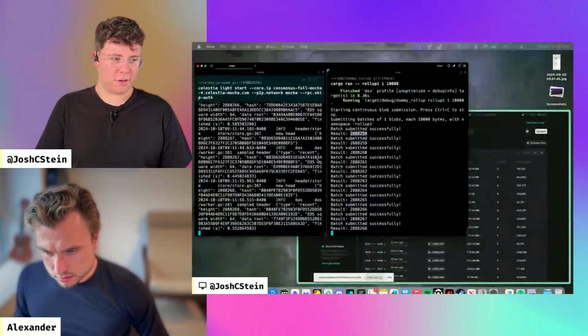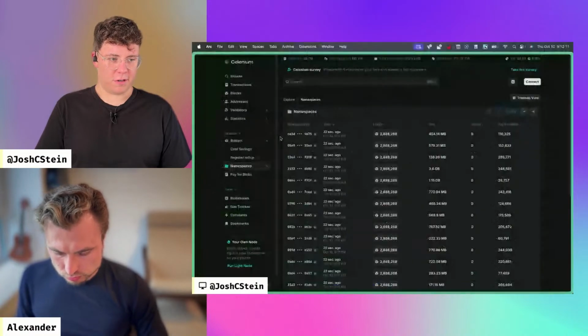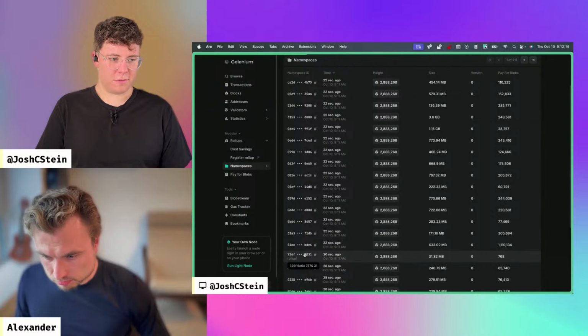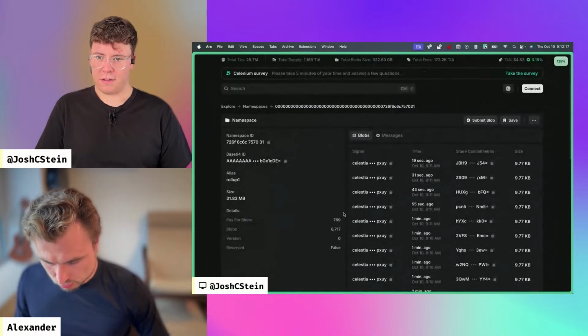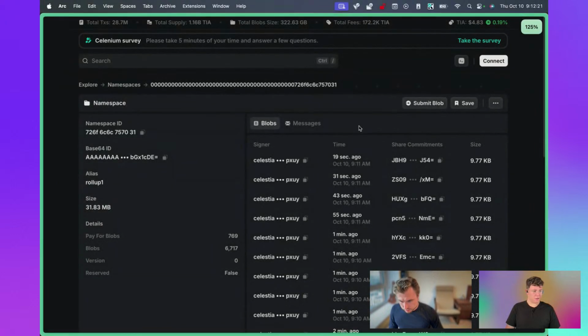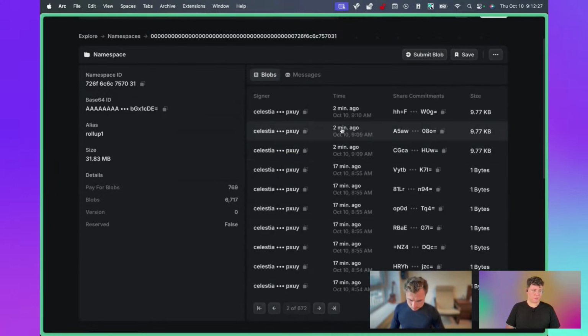While I'm at it, I'm going to go ahead and check that we're still submitting blobs, which we are, and I'm going to go ahead and find that namespace now by scrolling through the last used namespaces. I'm going to blow this up for us. And if we check out that namespace, there are a lot of blobs in it, but only a few minutes ago did we start seeing blobs from this account